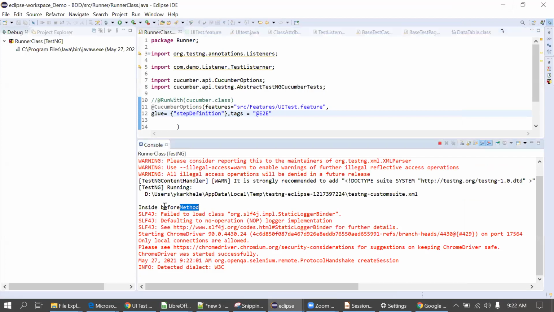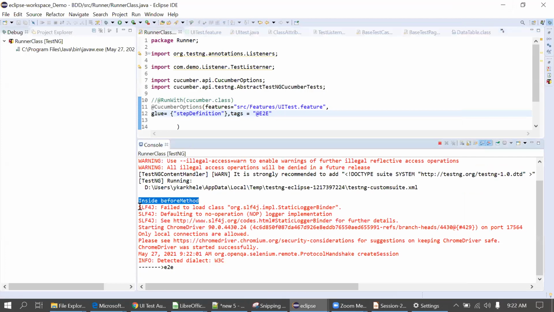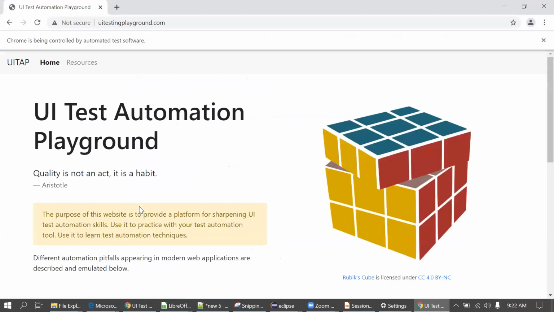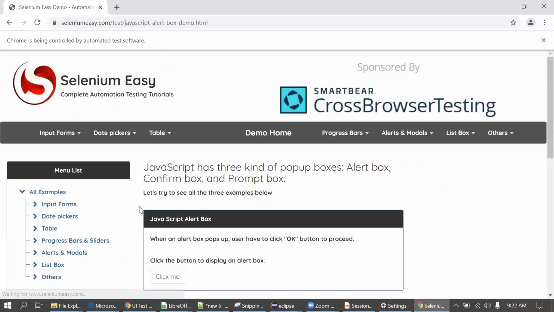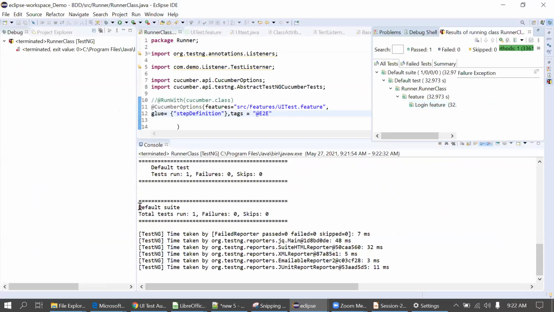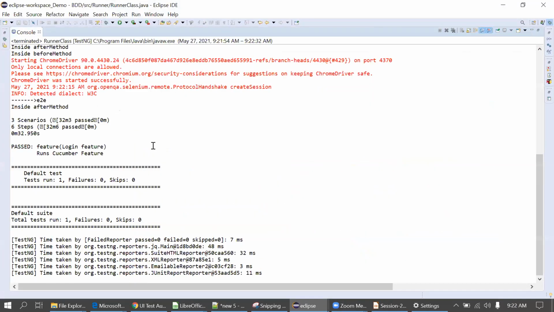You can see inside before method got printed because it is only applicable for the E2E. Okay, fine. I'm just opening the console now.